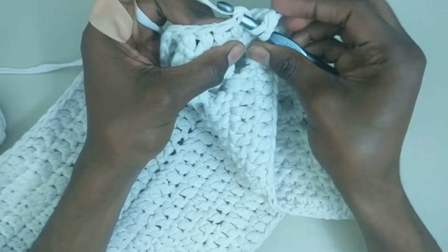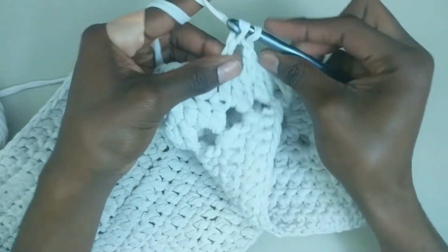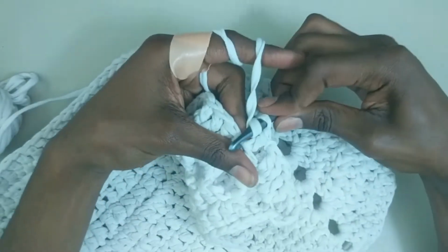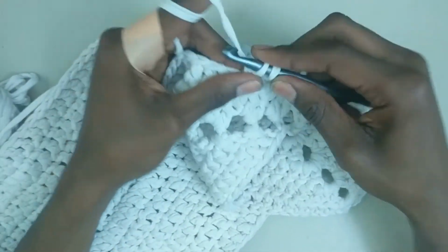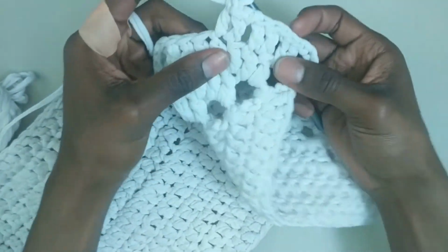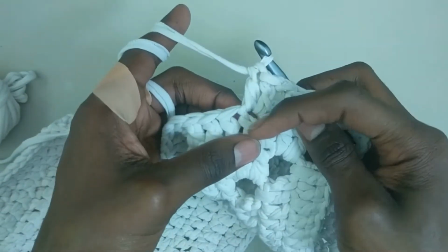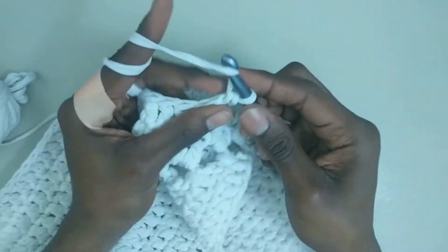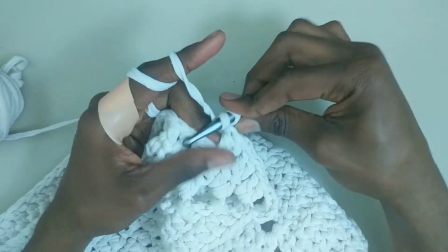We're going to go into that, work 2 double crochets, 1, 2, and so again, you can see we did a chain 1, skipped that one, worked into this one with 2 double crochets. And so we're just going to keep doing this all the way around,